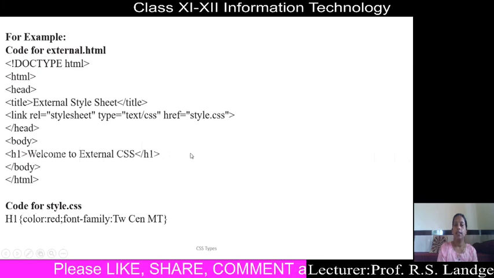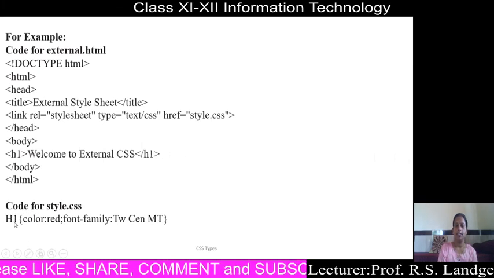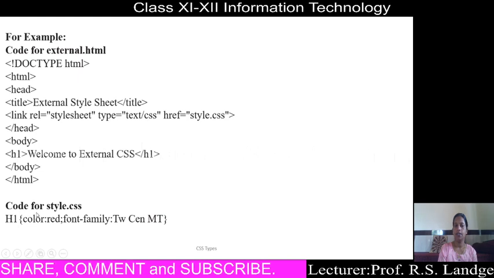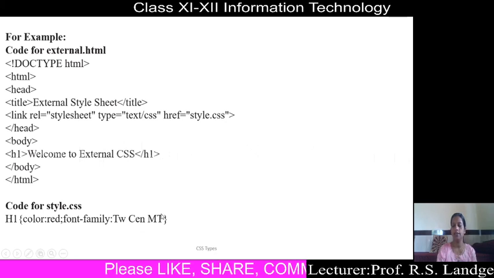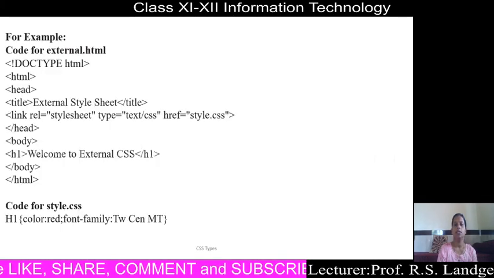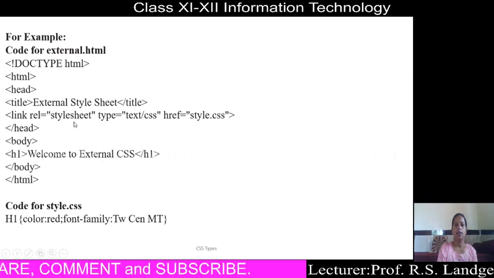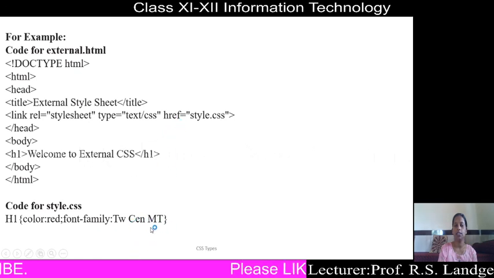The code for style.css will be: selector h1, inside curly brackets color: red; then semicolon, the next property font-family, and the font name we have inserted here. The result will be that red color is applied to this text, along with the font family provided here.